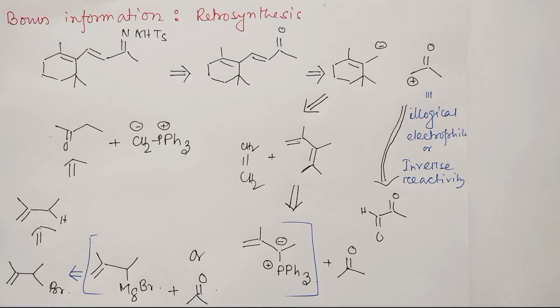So first of all, we know that this is a hydrazone, so we can expect the hydrazone from a ketone, meaning carbonyl oxygen. Fine. After that, we will have this one. Now in the next step, what can we expect? That this is actually an alpha beta unsaturated carbonyl compound, so we can do the disconnection approach from here. Ultimately, the carbanion part will be here and the carbocation part will be here.